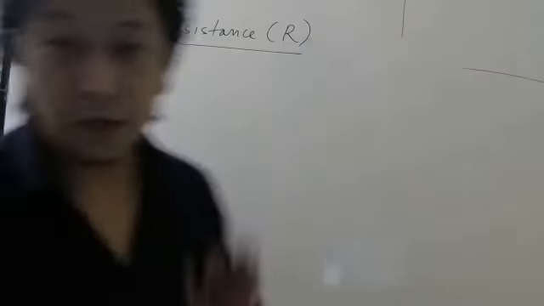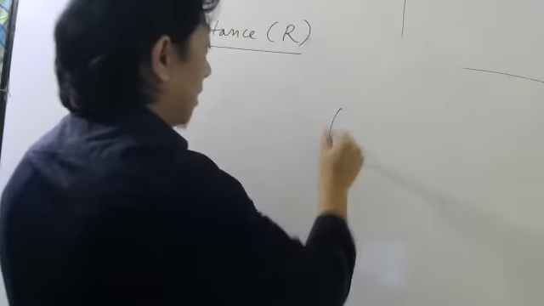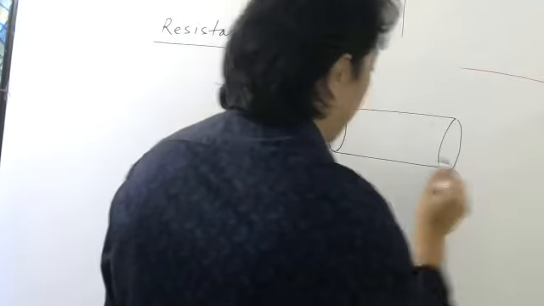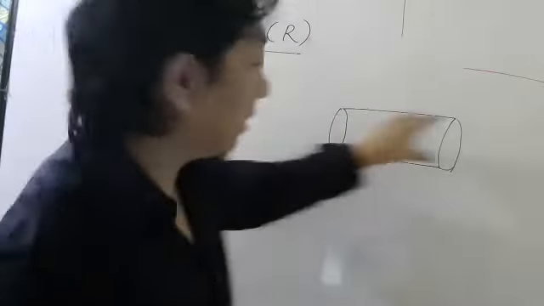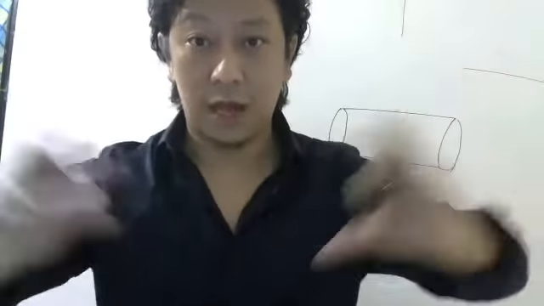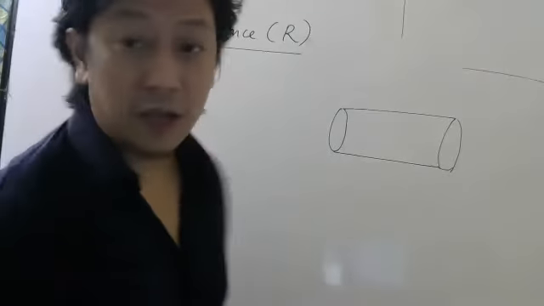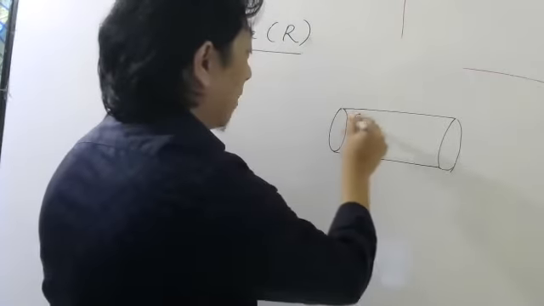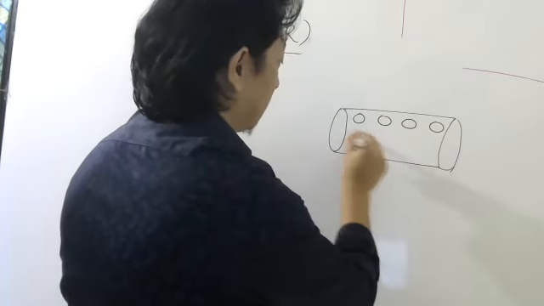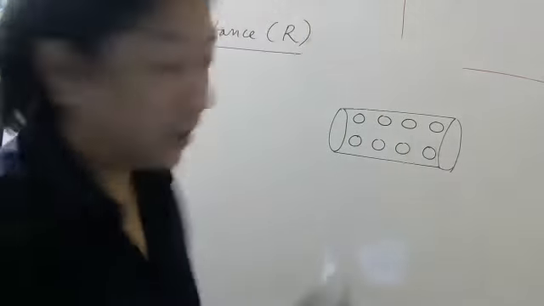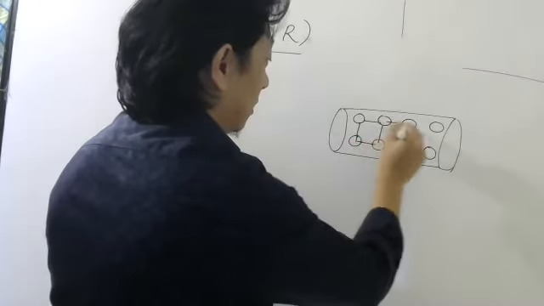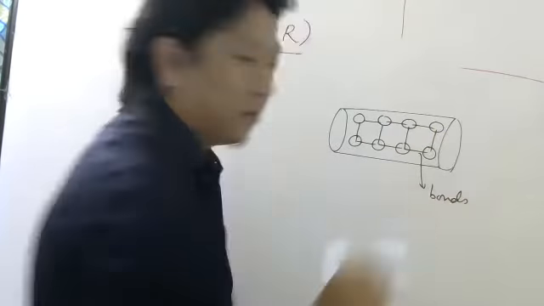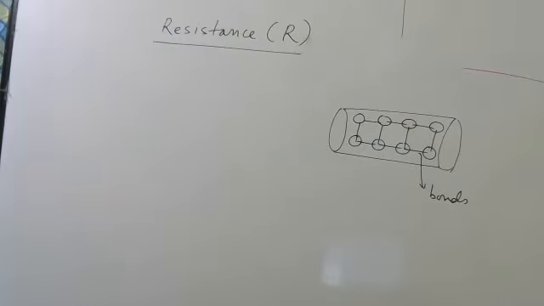So look carefully now. Imagine I give you a wire, and I'll be asking a question, so listen carefully. Imagine I give you a wire which I zoom in and show you big. Now everything in this world is made up of atoms, so this wire is also made up of atoms. And since it is solid, there will be strong bonds. These are your bonds, whatever bonds, metallic bond, covalent bond, I don't care.